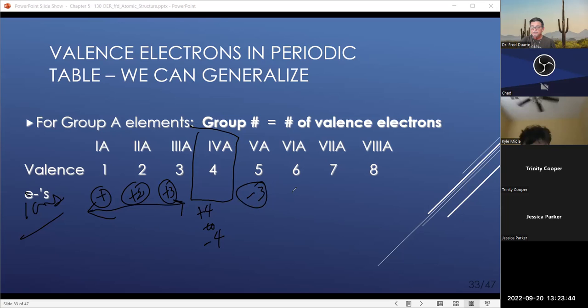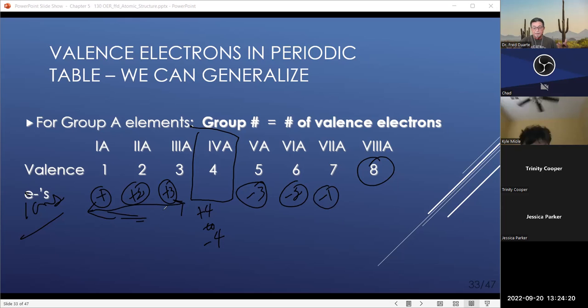Group 6 is going to pick up 2 electrons, which gives those elements a -2 charge. And the ones in group 7A are going to pick up 1 electron. By picking up 1 electron, they get to that magical 8. By losing 1, 2, or 3 electrons, they also get to the magical 8, but to the noble gas behind. So hopefully that gives you a better picture